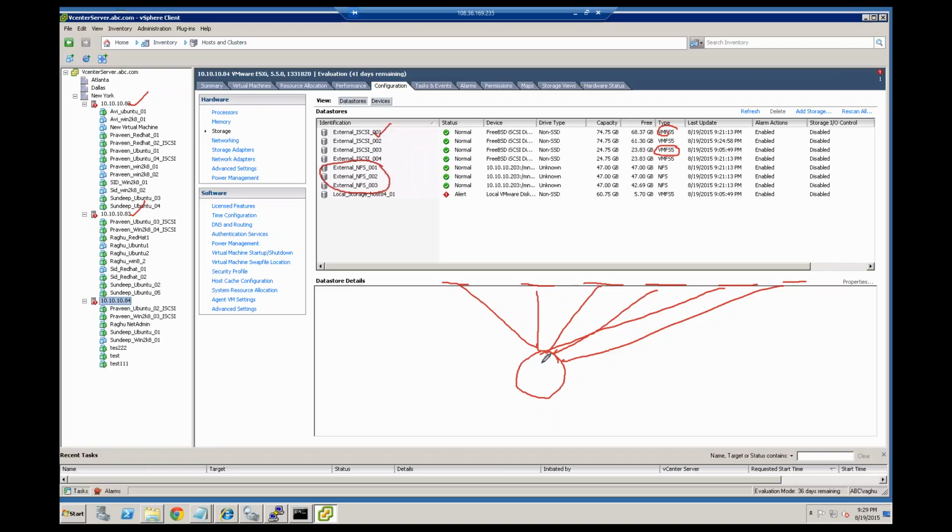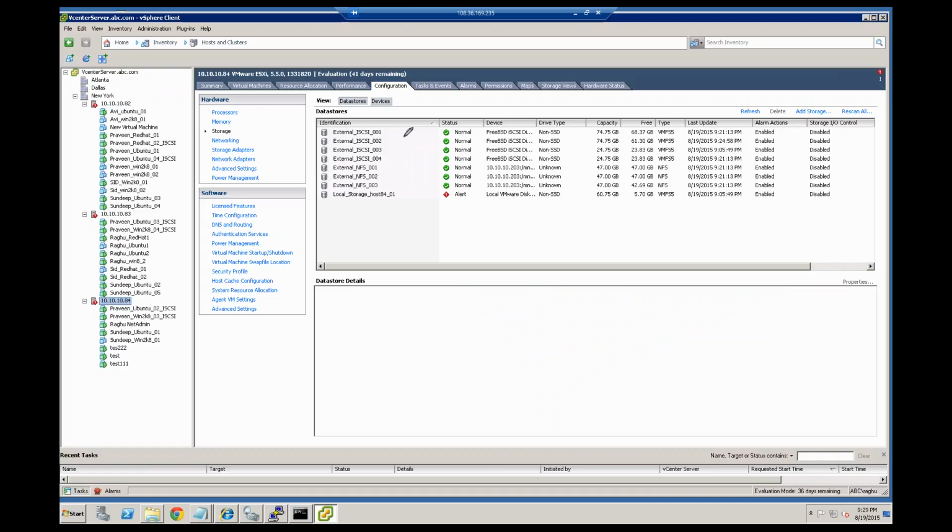This is another beauty of this technology. Avinash, you are a storage guy, you know about it, right? It is only in the VMware world that it is possible to share a disk between multiple servers like this. Okay. All right. So that being said,